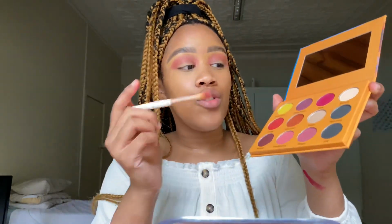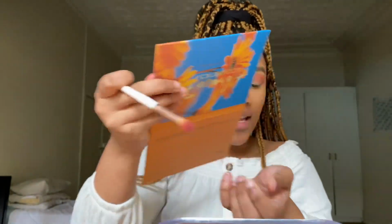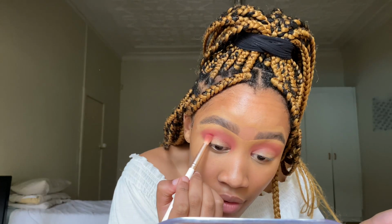Okay, so what I'm going to do now is go into New over here. This color, New, the one I swatched for you guys. It looks like it's a very pink color. Yeah, it's very pink, you know. And I'm just going to dab that on, and I'm going to focus it on the inner part of the crease,